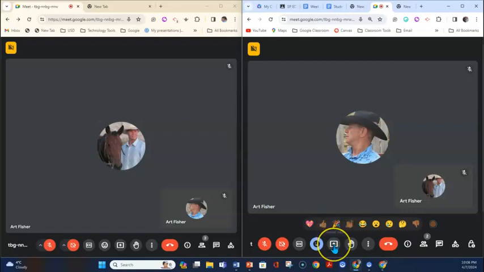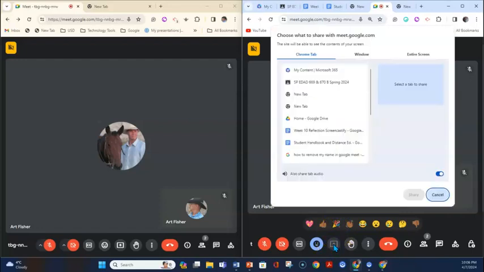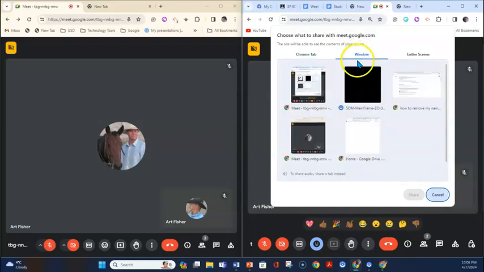Now let's learn how to share a window. So we're going to go back to the Present Now tab, and we're going to click on that, and this time we're going to choose Windows. And so what's going to appear is all of the windows that we do have opened. Okay, all right, so let's say we want to go to this particular